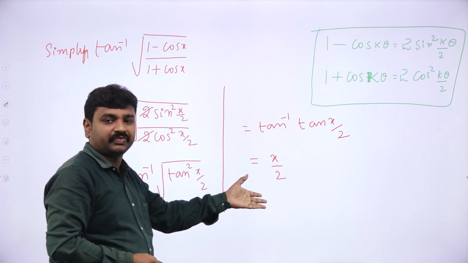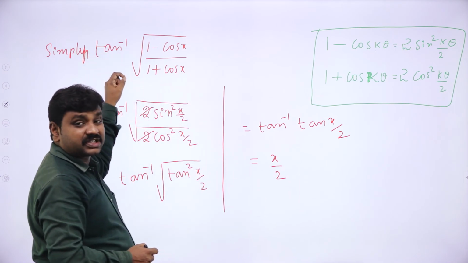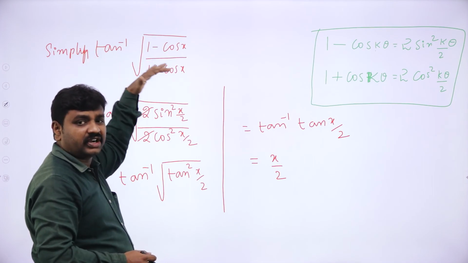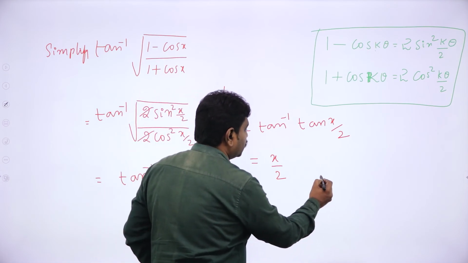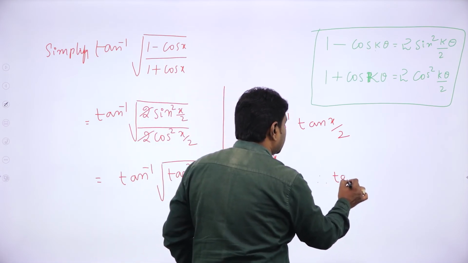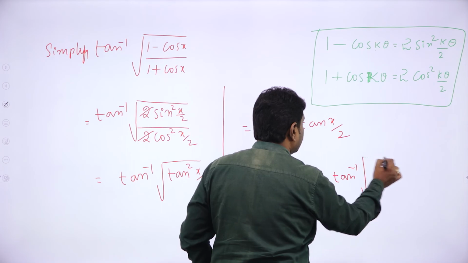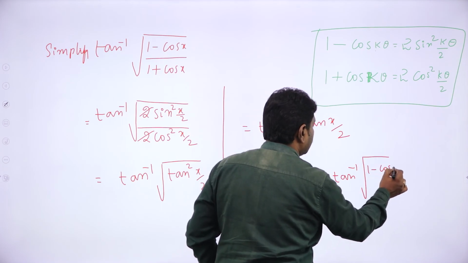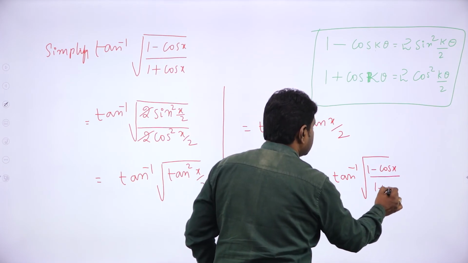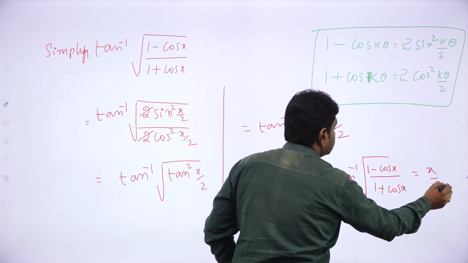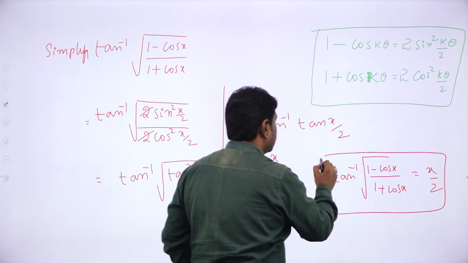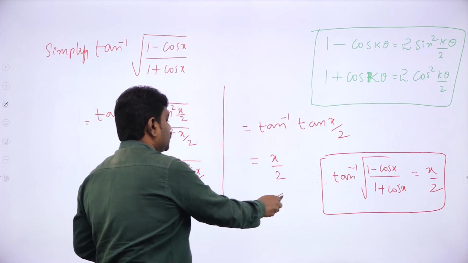Now this is a problem. So now in differentiation, they'll give this as y and they'll ask you to find dy by dx. This y you write like this. So what is the conclusion? They gave a big term: tan inverse of root of 1 minus cos x by 1 plus cos x. And we wrote this in a simple form. This is equal to just x by 2. The simple form of writing this question is x by 2. Have we simplified this or not?